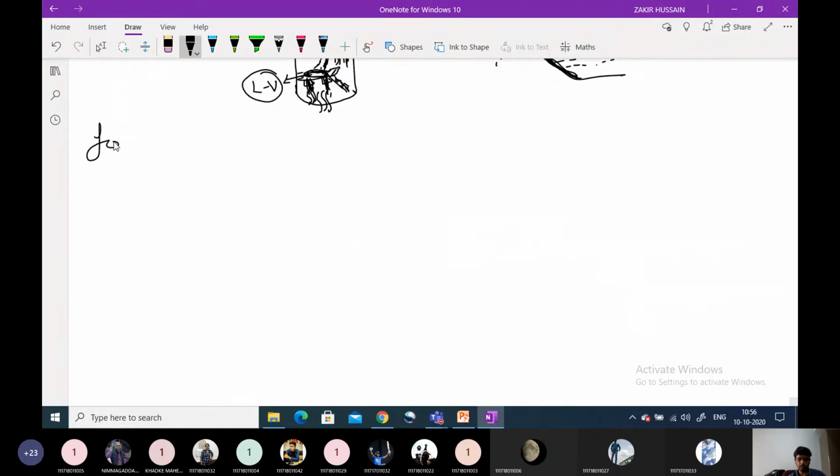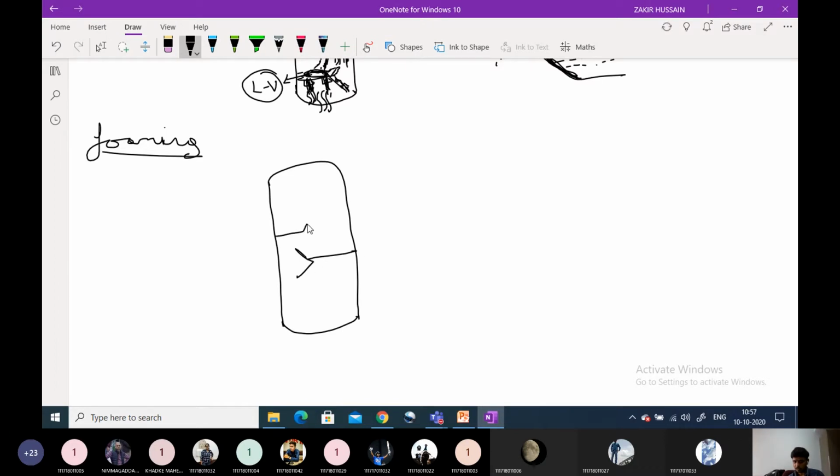The first one is foaming. What is foaming? In a general sense, formation of a foam is called foaming. So if you consider a column, inside this one, plates will be there, with weir and downcomer. Only two plates I am considering here. If the liquid in this nth plate, okay, this is the n minus 1th plate, is just a foamable liquid, so what happens?